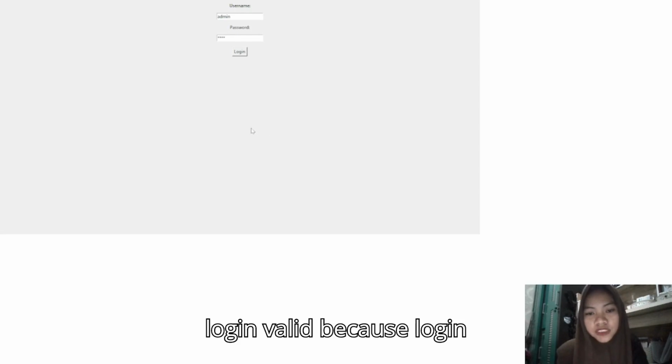Username is admin, password 2907. Login successful. Login valid. If the login were invalid, the application would display an error message.